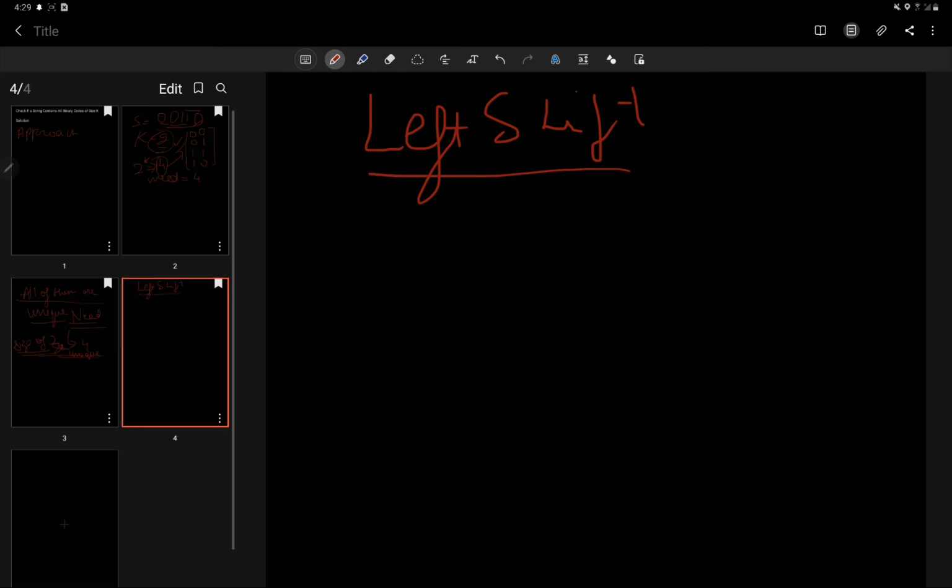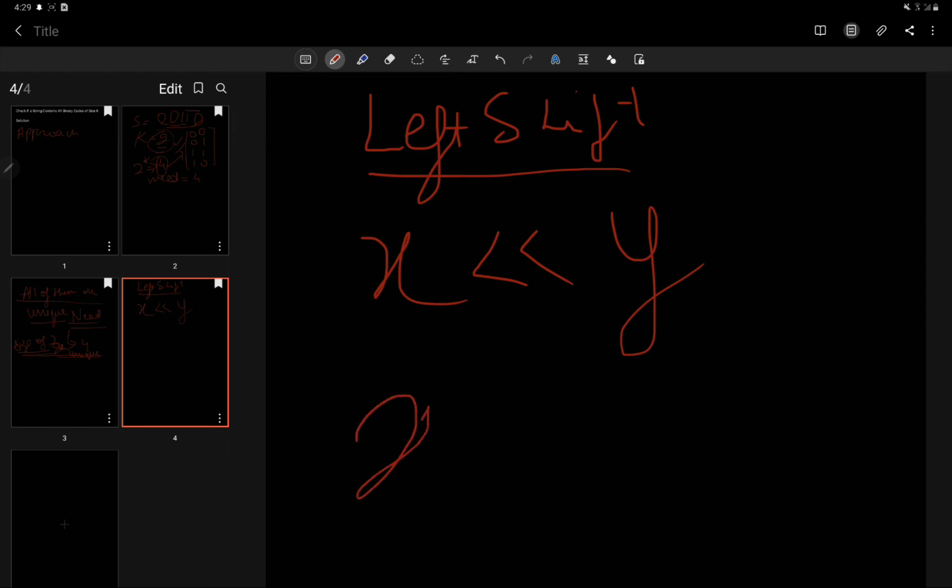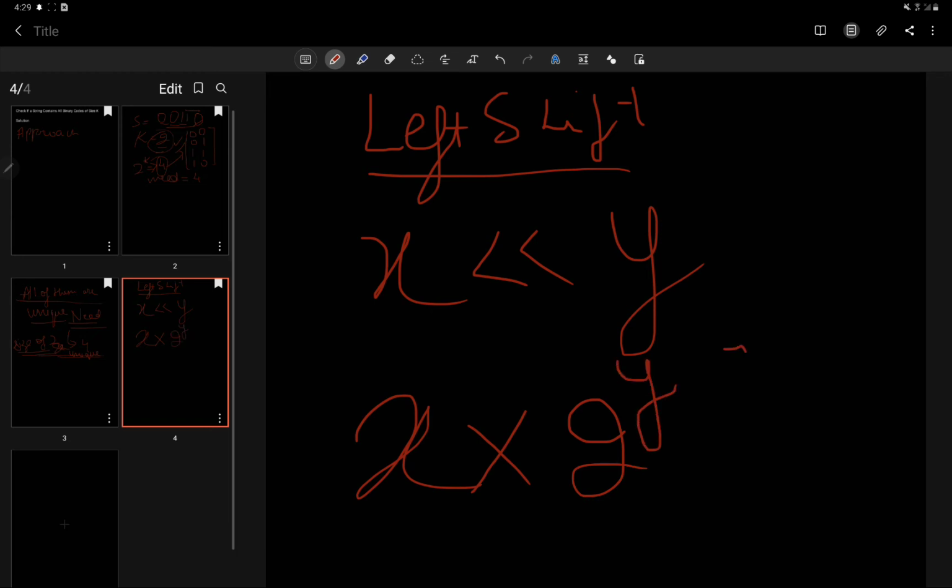Suppose x is left shifted by some value y. What does that mean? It is x into 2 to the power of y. This is the meaning of the left shift operator, and this is a very big shortcut to calculate it.